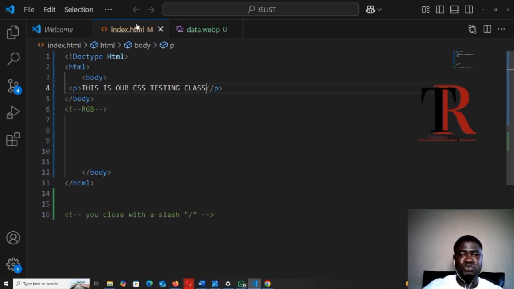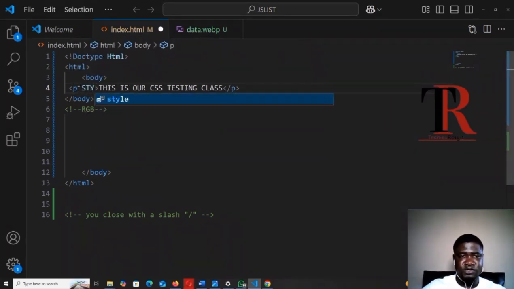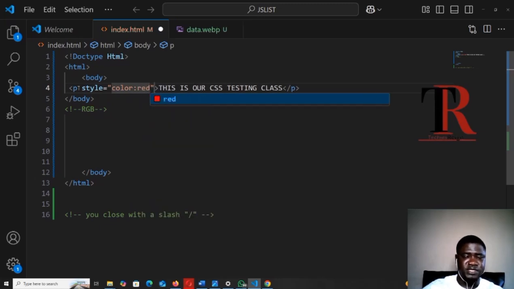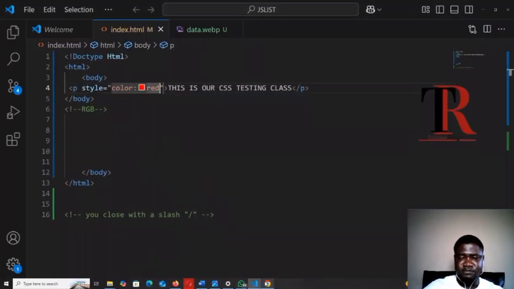The first way we can do that is using the inline styling. When we say something is inline, that is on the same line. We're going to do that simply by adding our style attribute, just as we have been doing. How do we want to style it? We want to add a color to it, and we want to make the color red. So then we save that. Good. We have started styling it. Now we want to add a background color to